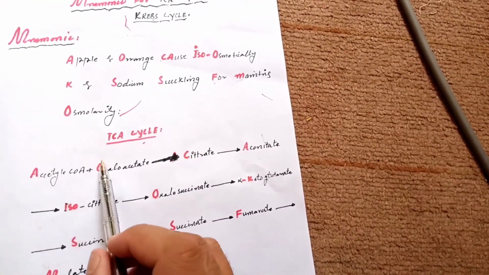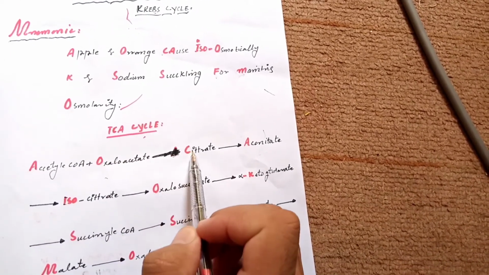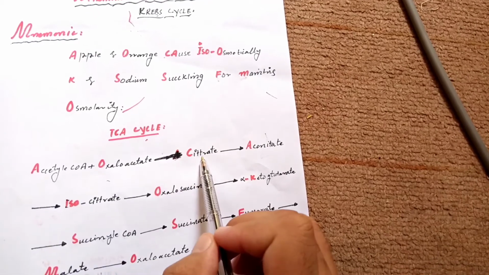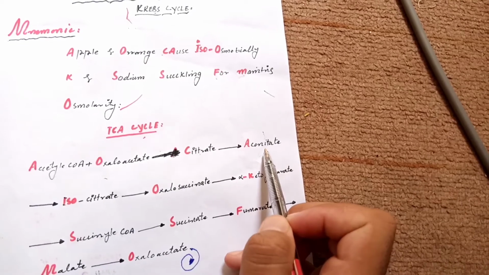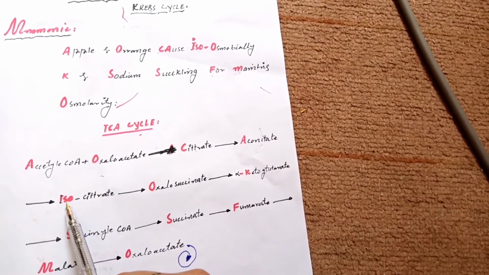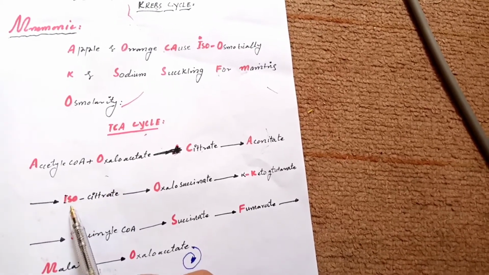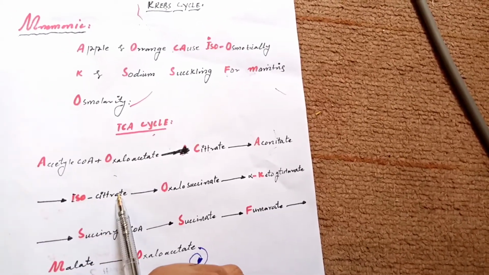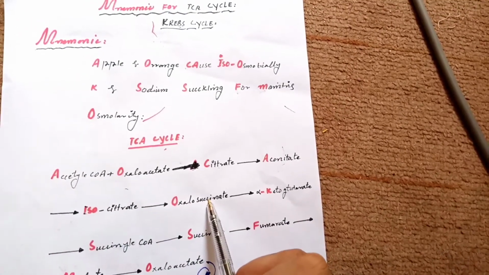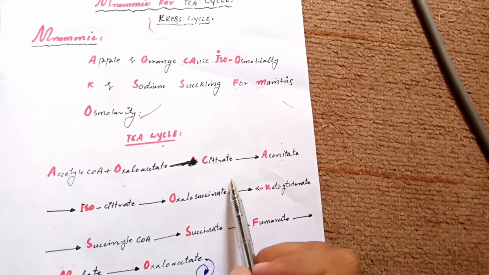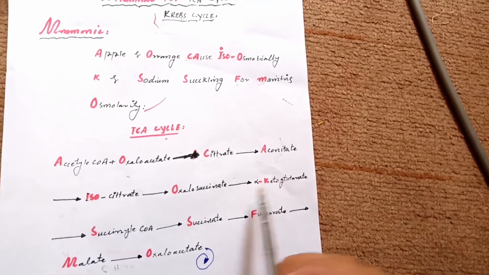The acetyl CoA plus oxaloacetate react in the presence of citrate synthetase to form the citrate. The citrate in the presence of aconitase will be converted into aconitate, and the aconitate will be converted by the enzyme aconitase into the isocitrate, and the isocitrate in the presence of isocitrate dehydrogenase will be converted into the oxalosuccinate, and the oxalosuccinate in the presence of isocitrate dehydrogenase will be converted into alpha ketoglutarate, and the alpha